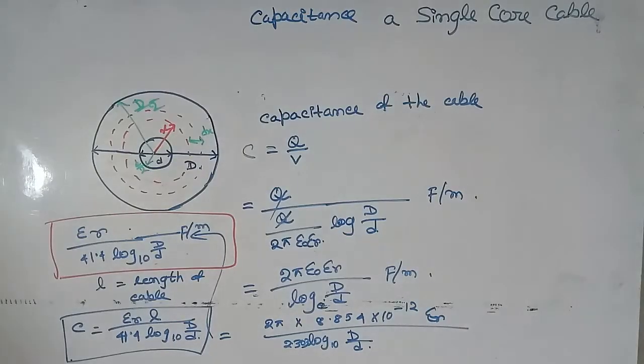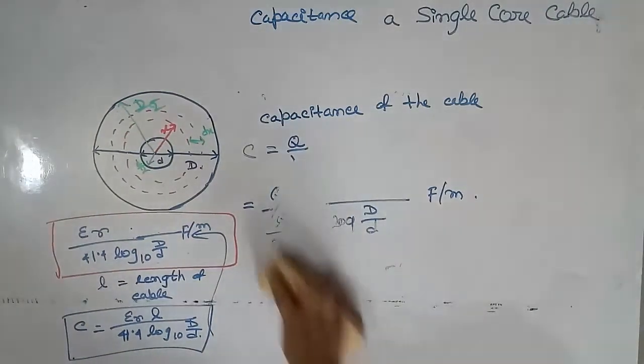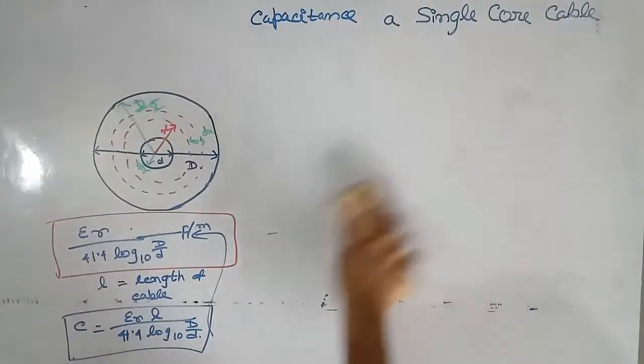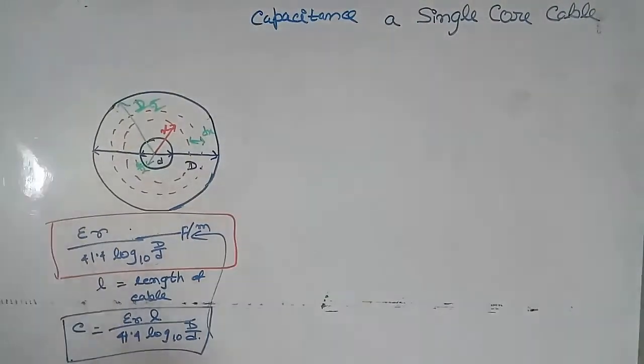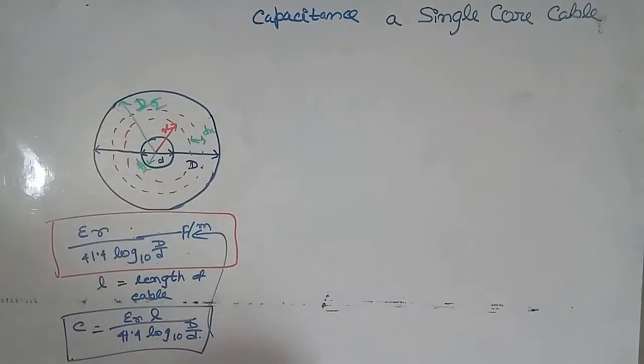Next, we solve a problem. A single core cable has a conductor diameter of 1 cm and internal sheath diameter of 1.8 cm. If impregnated paper of relative permittivity 4 is used as the insulation, calculate the capacitance for 1 km length of the cable. Now here it is given that